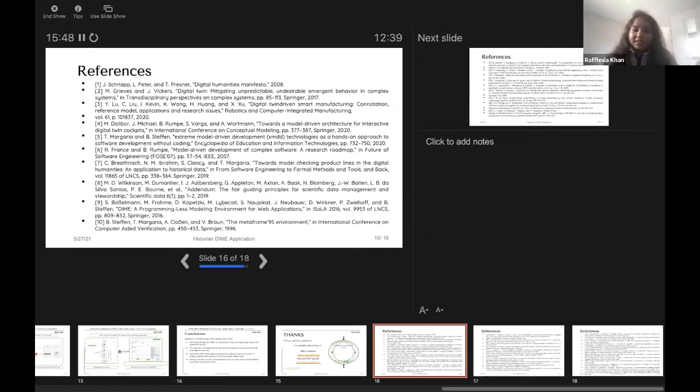Actually, my colleague who presented before is working on these integration tasks, so that we are trying to integrate all the analytics operations into DIME, and we can perform a complete application data analysis platform for the historians in a low-code environment, so that the historians can also participate in the application development.